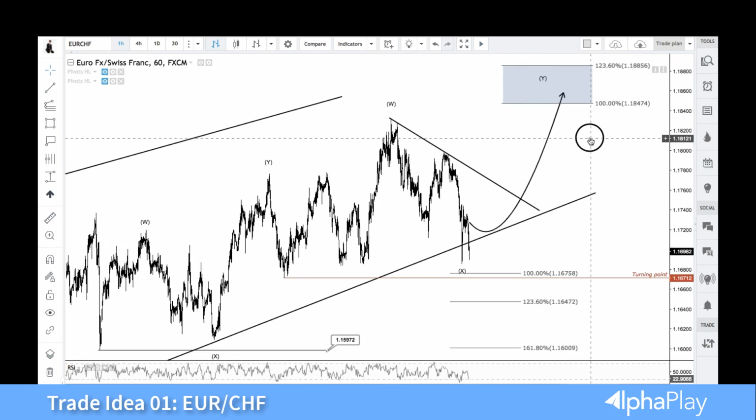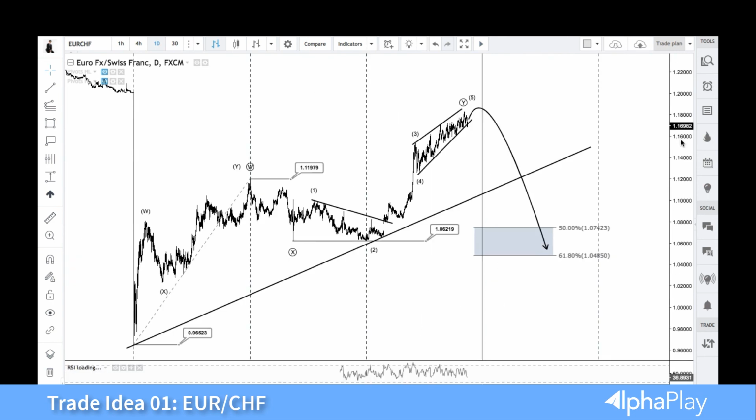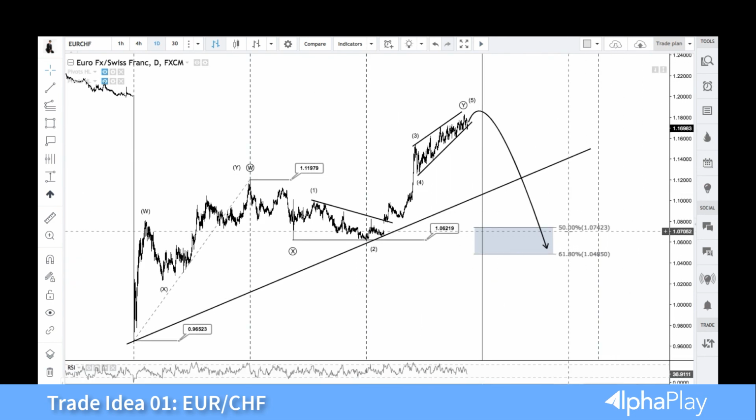So what I'm watching for this pair is right now I'll be slightly patient, but this level at 1.1671 will be crucial. If price breaks down impulsively and gives me a correction, that will be a very ideal setup to look for a short trade, and I'll be looking to scale in with our final target at least at the 1.0742. That's it for this video, and if we have any updates on how price develops on this trade idea,